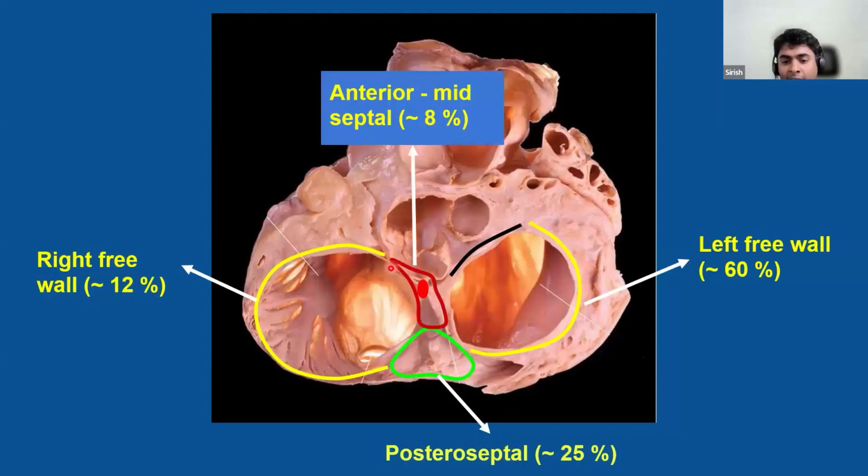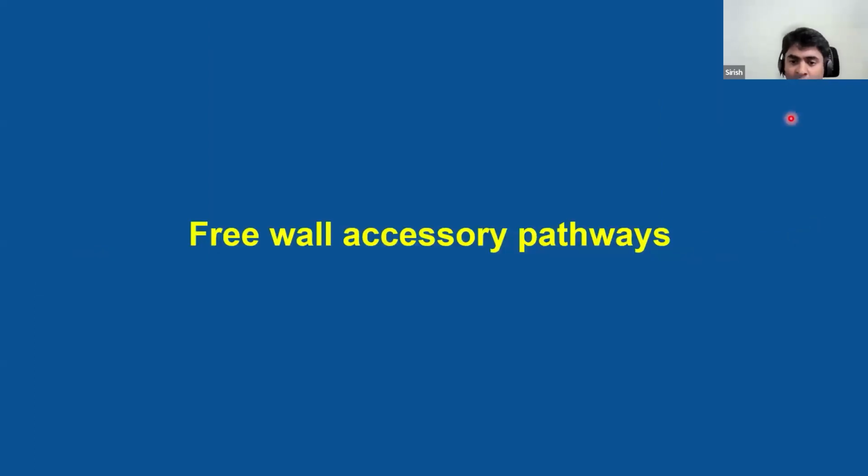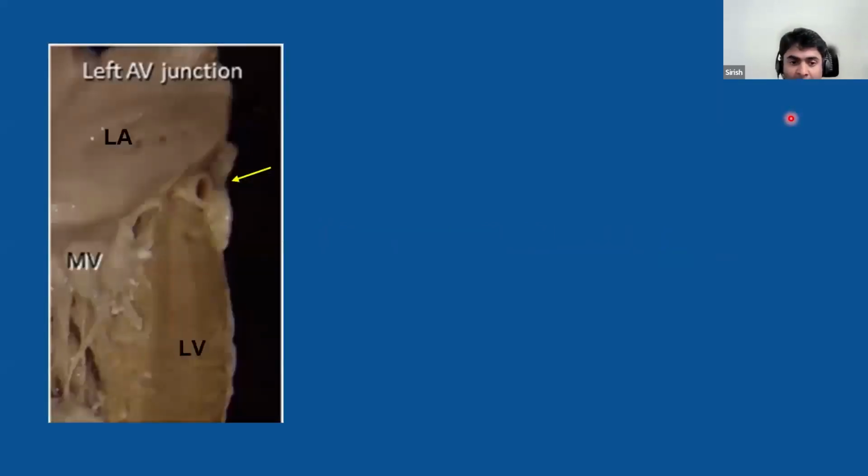And then, the anterior and the mid-septal pathways comprise about 8% of the accessory pathways. So we'll just briefly discuss the free wall accessory pathways. In terms of anatomy, there is not much to discuss about free wall accessory pathways. A few details are, if you see this